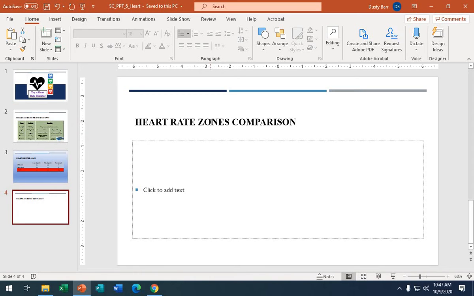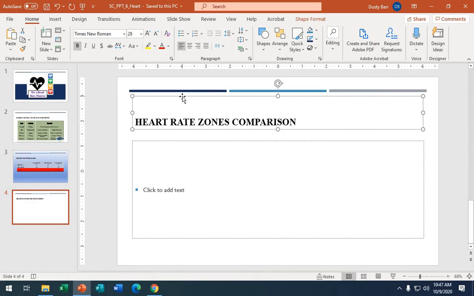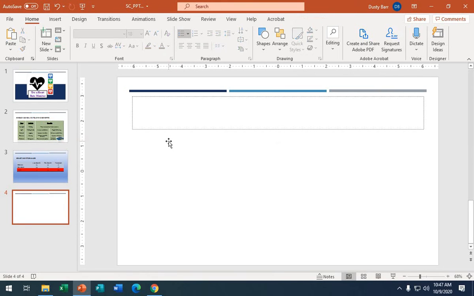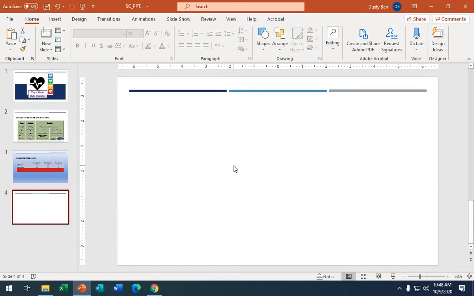it says delete the title placeholder and the content placeholder, so that there's nothing there. So it should be a blank page like this. From here to here, there should be nothing there anymore. Once you do that, then it says